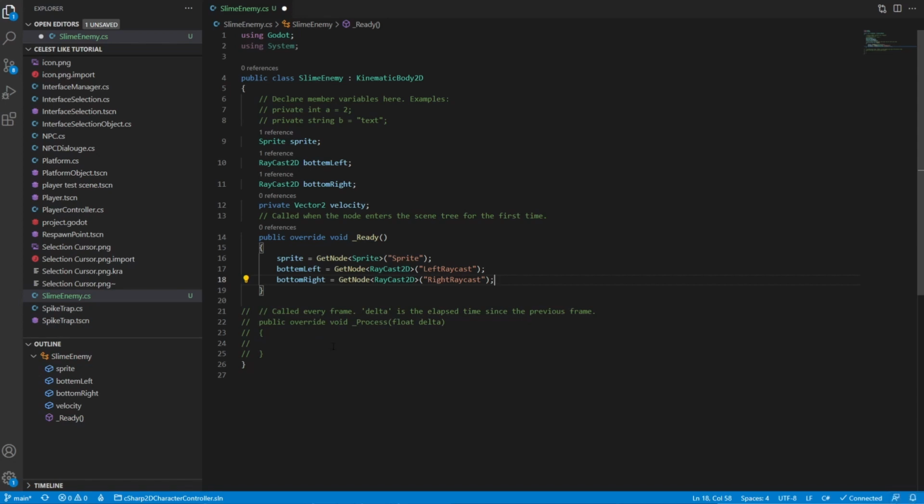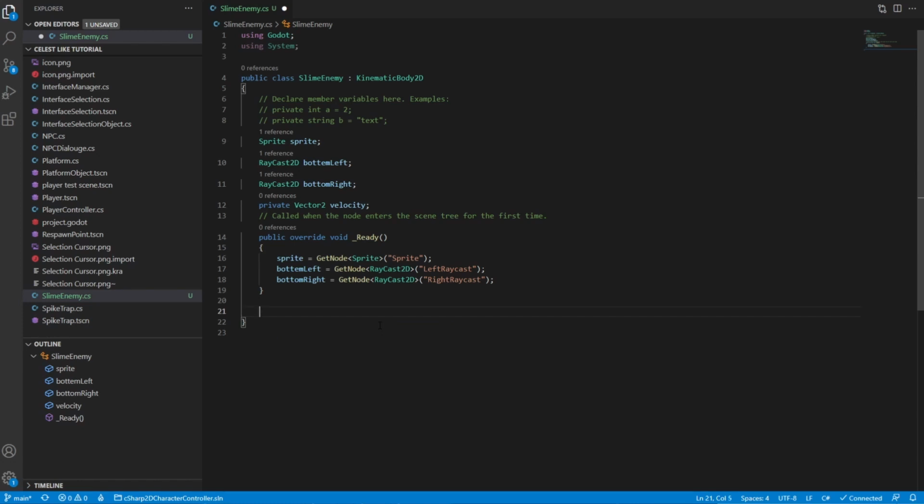Awesome. So now we want to move this on physics. We don't want to move it on delta process, because if we move it on delta process, it's not going to move during the physics frame. And I'd rather have everything kind of move on the physics frame versus on my frame rate. It's just a little bit more stable that way. So we'll go ahead and do that.